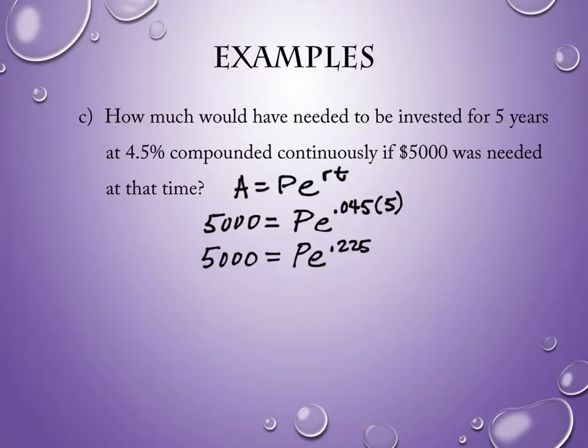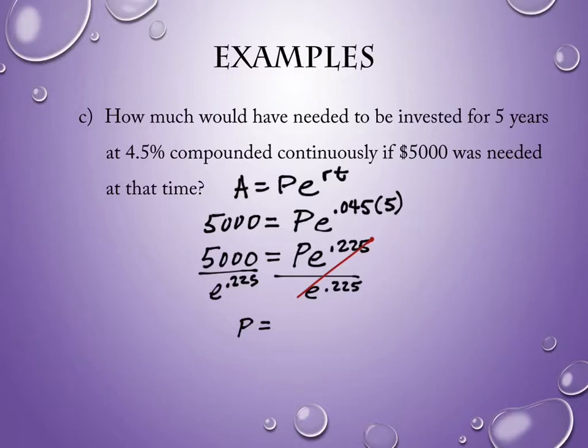Now, if you'll notice, this e to the 0.225 is actually multiplied by p, so if I need to solve for p, I would divide by it. So this is e to the 0.225 on both sides. So this piece cancels, all I'm left with is p,